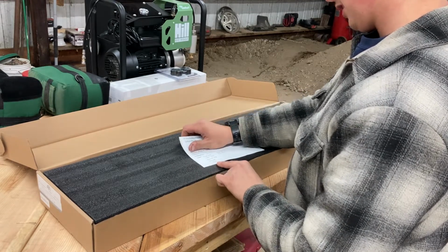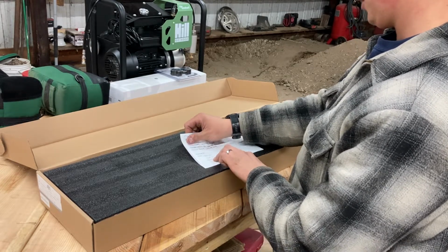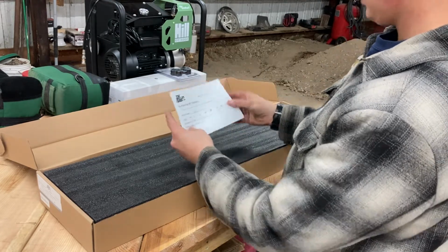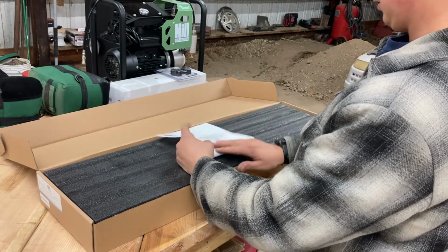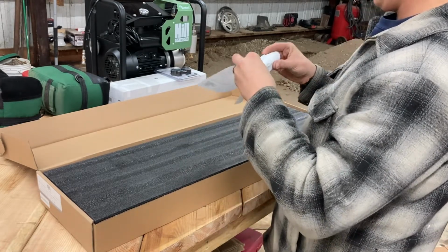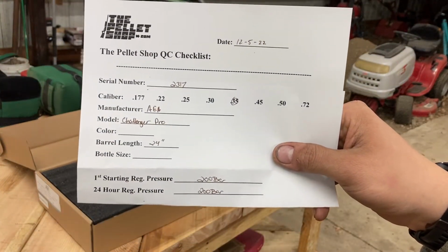So it looks like they did some tests. They gave me a free mag here, oil and lube. They did a function, a cycle, and a leak test, and a free t-shirt. My serial number there. Let's see if I can get my address out of here. I tried to hide that from all of y'all. So there we go. The caliber is .357